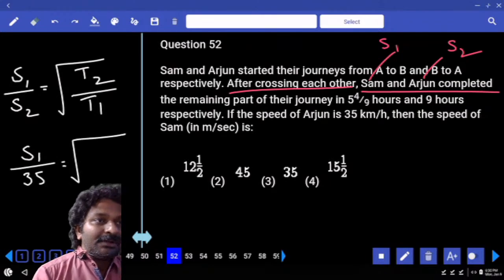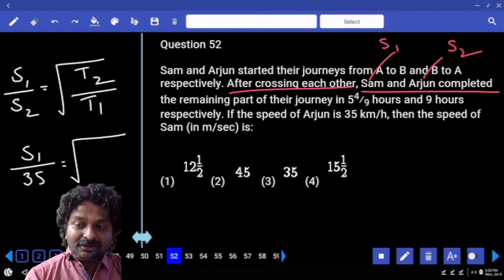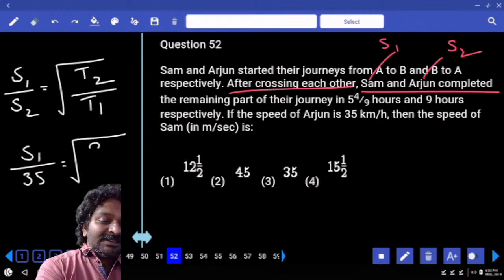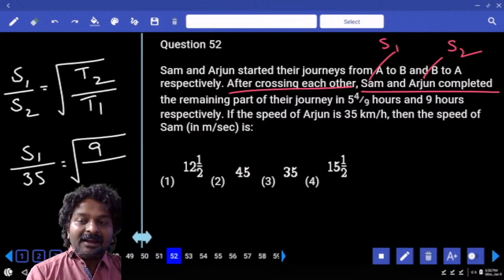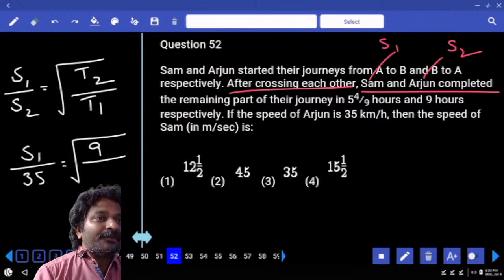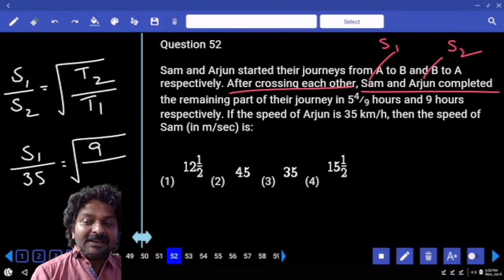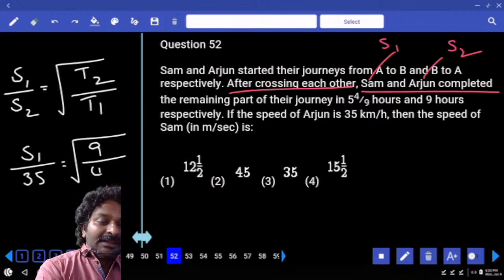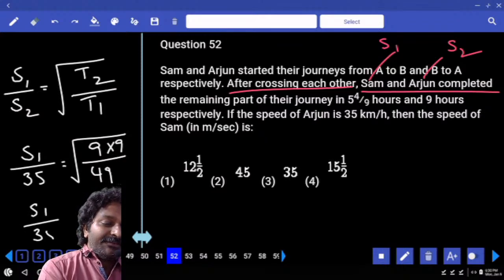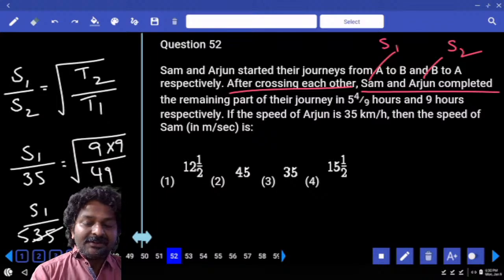Under root of T2, that is time taken by Arjun. Time taken by Arjun is 9 hours. And time taken by Sam is 5 4/9, which is equal to 49 by 9, which comes to numerator. So S1 by 35 is equal to 9 by 7, 7 5 times. So S1 is equal to 9 into 5, 45